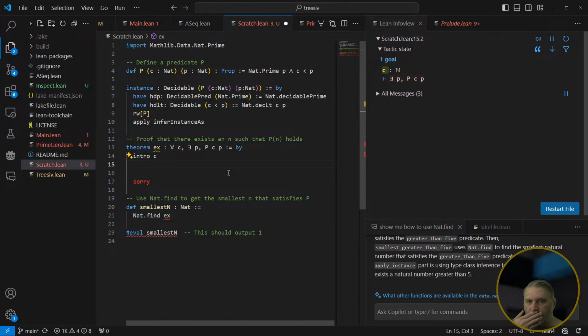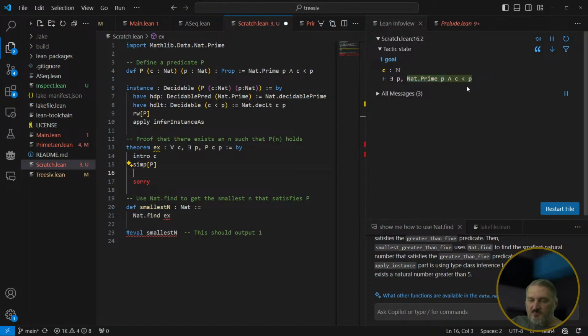So we have to simp on the definition of the predicate. Okay, so then now we say there exists a p such that nat prime p and c is greater than p, and then